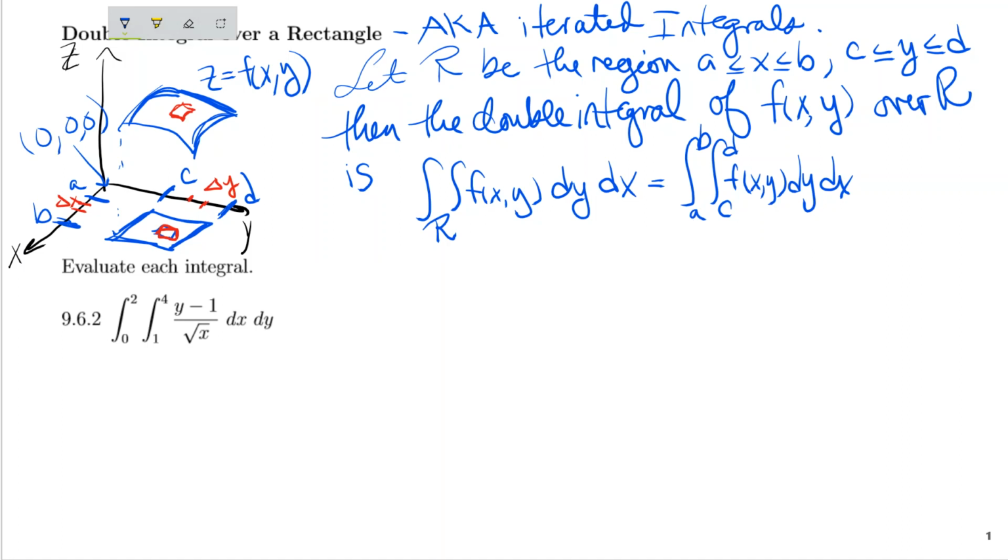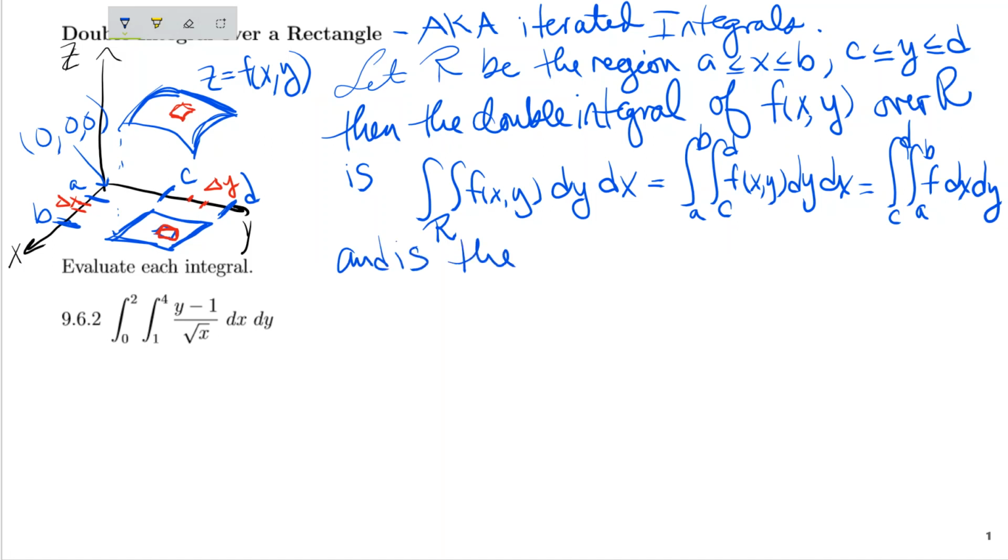I don't want you to think that matters because you can also do it the other direction. You can go from a to b and then c to d and you'll get the same thing. You just have to do the x integral first and then the y integral. Now what this is going to give you is